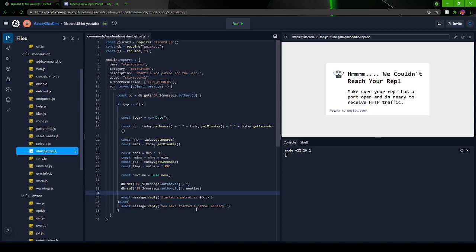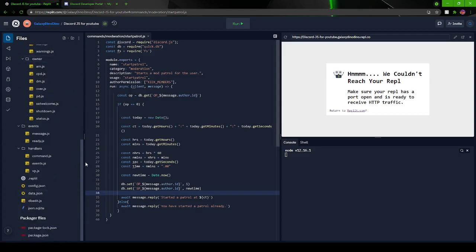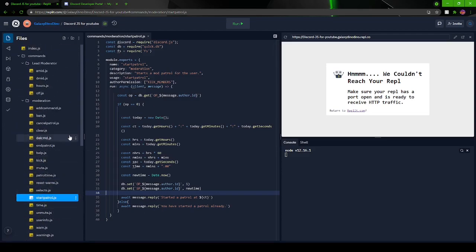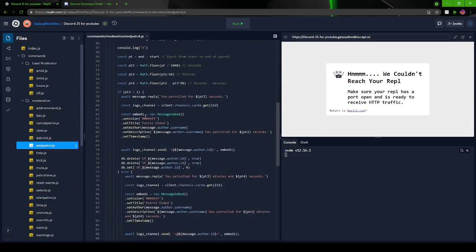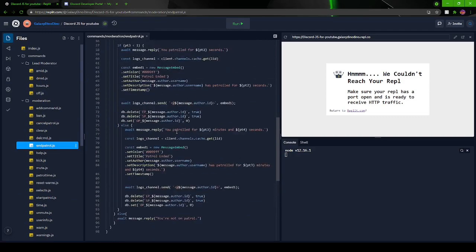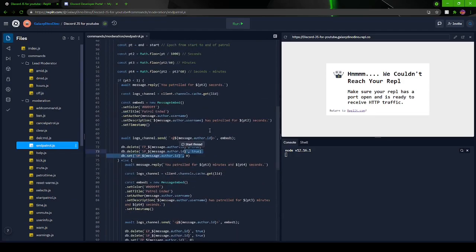Let me think. I'll set them in the future. End patrol and council patrol are pretty much the same. You just have to change some certain bits of it, like the embeds and things. So what this does